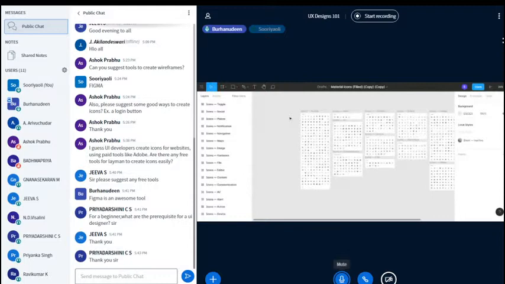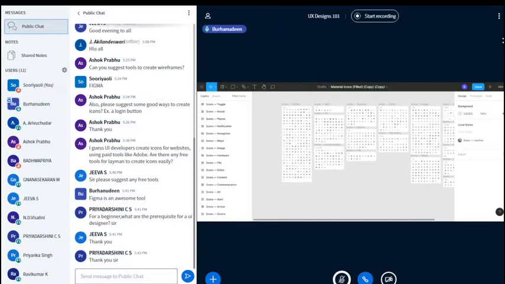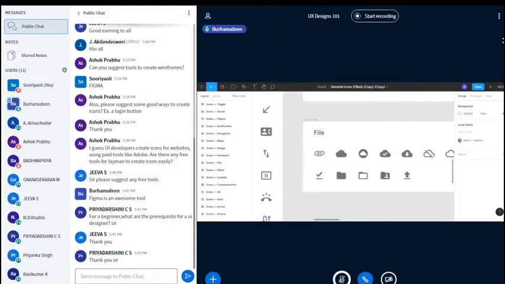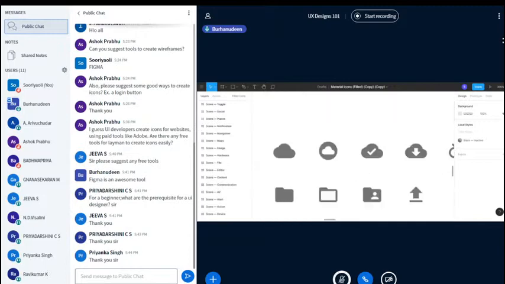Yes. So for example, this is a tool where you can design an element like this, but this is not an actual UX or UI design. The icon work is very detailed and very deep. I'm just answering the audience question. So this is the icon which you might see.